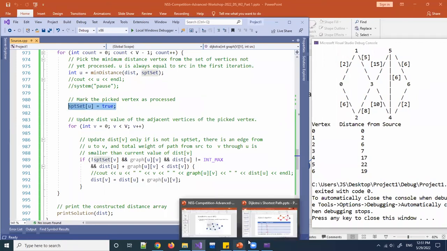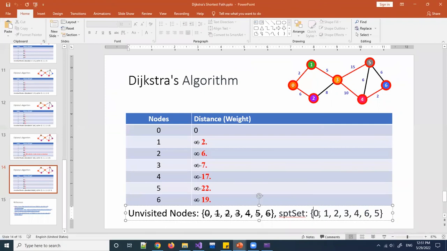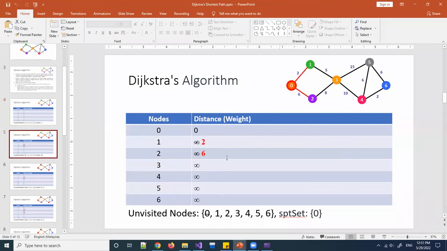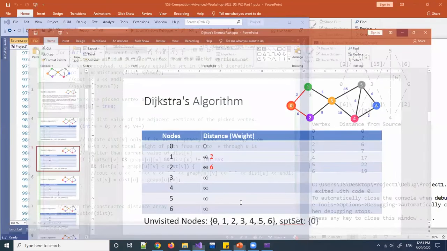Like the one shown here, let's say the 0, the first one. 0 here is already processed, so it will change it to